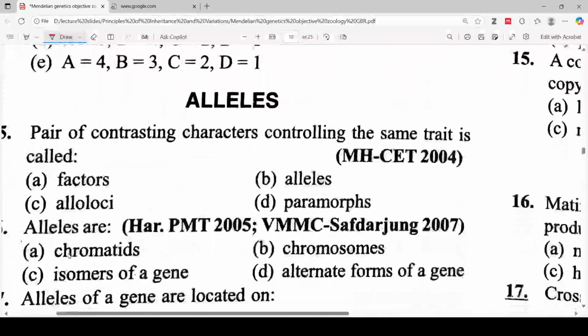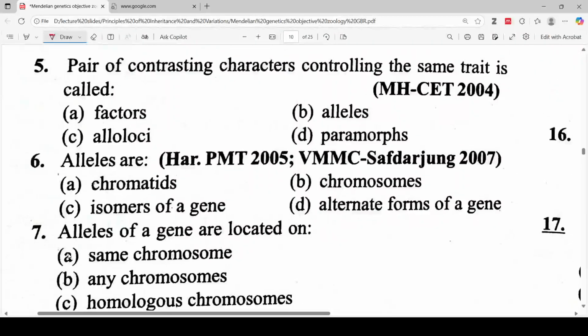Next question. All the questions are from alleles. So a pair of contrasting characters controlling the same trait is called option A, factor, option B, alleles, option C, allology, option D, paramorph. So the correct answer will be,